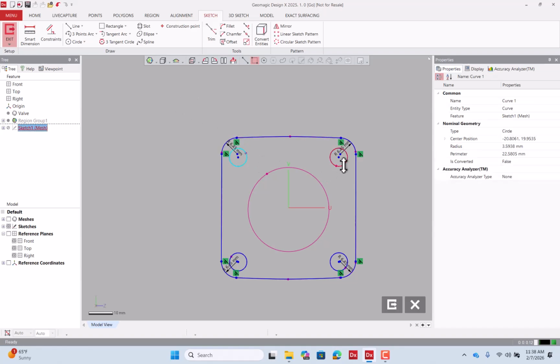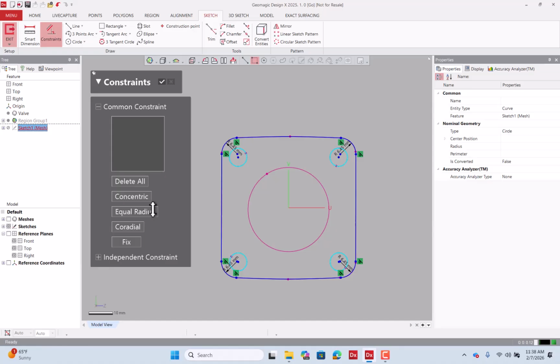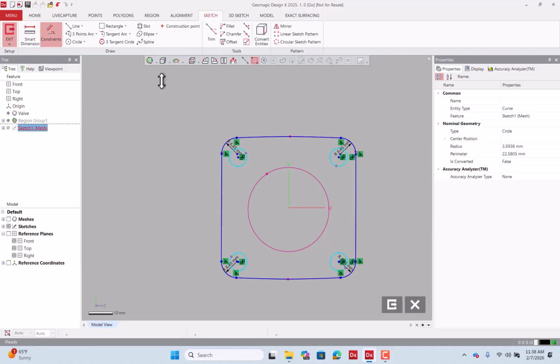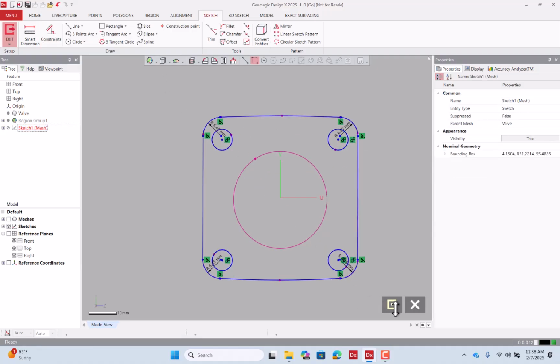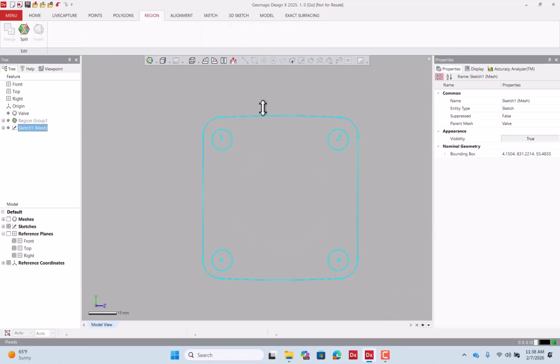And if needed, you can also select all of them. So you can hold Control on your keyboard and select these circles. And you can go to the Constraints tab here. You have a Constraints option here where you see my cursor. You can click on Constraints and make them equal radius. There should be a command here called equal radius. So you can click on that and say OK. So now we're done with our sketch portion, and we can go ahead and exit this particular interface, and we